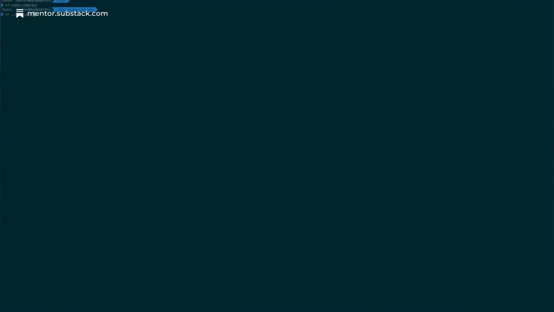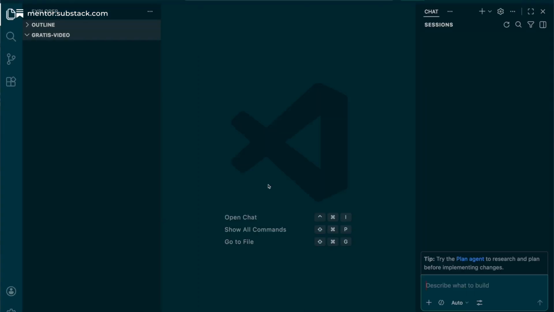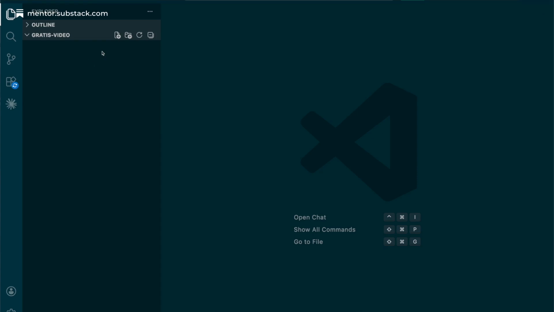And I'm going to enter that folder. I'm going to open my VS Code, which is the editor that I'm using. I see I already made the screen quite big, so you guys can read along. Now what we're going to do, I'm going to create a new file called ramble.md